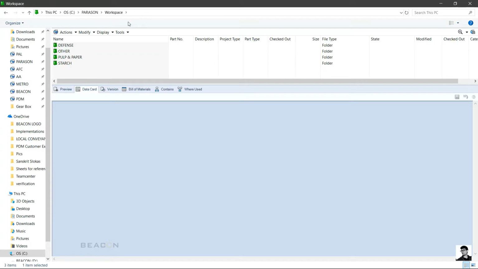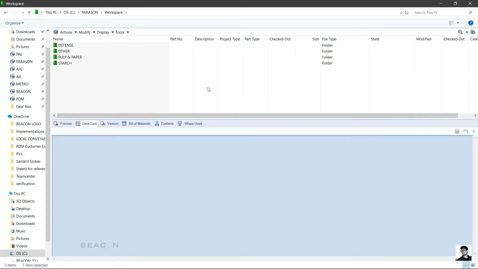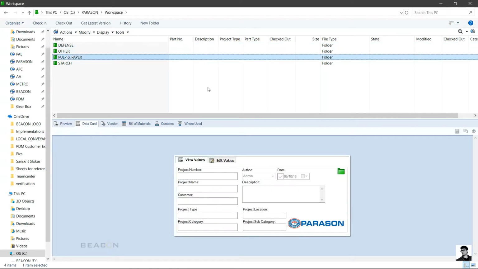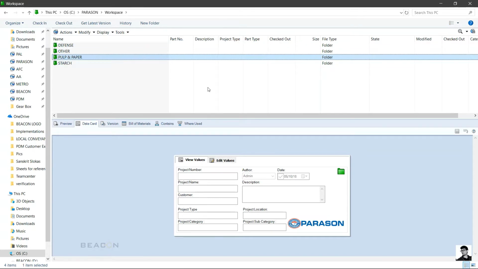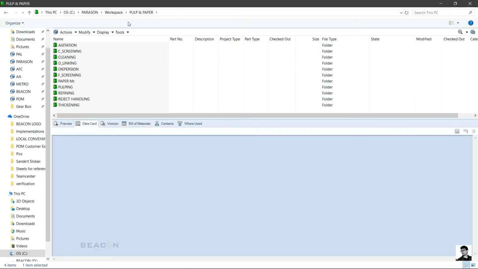For Parason, all the projects you create in your organization are perfectly configured with this folder structure. When you go inside the Workspace where you have all your projects, you'll see 4 different categories or project types. The first project type will be pulp and paper, which is right now very important and the one which is in process for Parason. The others are defense, other, and starch. Let me go to pulp and paper and I'll see all the different project categories inside this folder. As you see, these are all the main categories of Parason Machinery India. Agitation, screening, where you have C screening and F screening, cleaning, delinking, dispersion, paper machinery, pulping, refining, resin handling, and